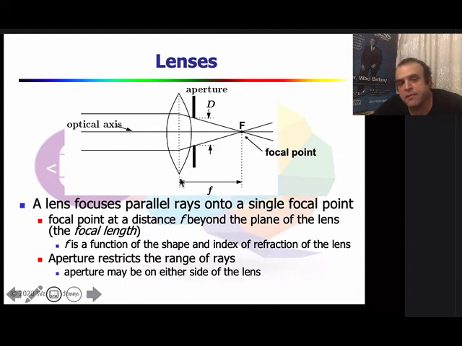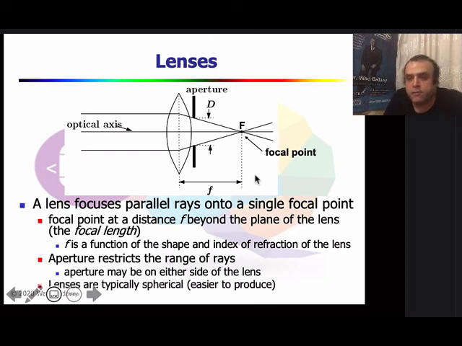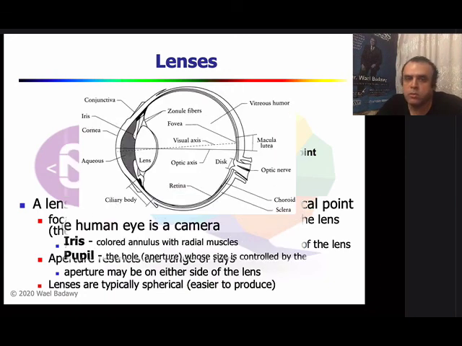and then the aperture behind the camera will create a focal point. The distance f is a function of the shape and the index of refraction of the lens itself, and the aperture here will restrict the light to achieve a specific point. The lens is typically spherical for easy production. If I want to explain why the lens is spherical, I would love to show you the next slide,